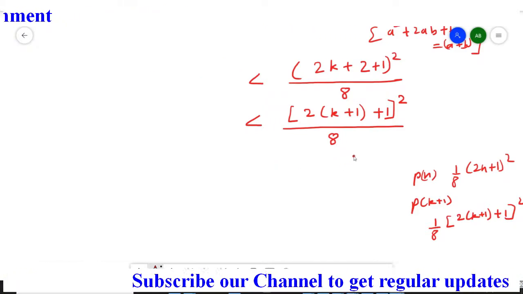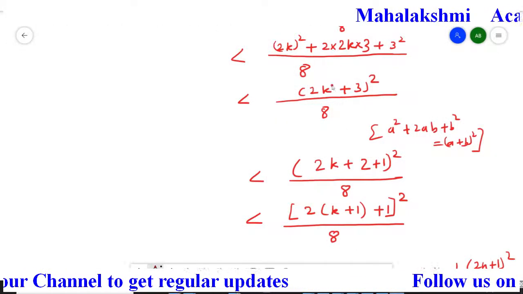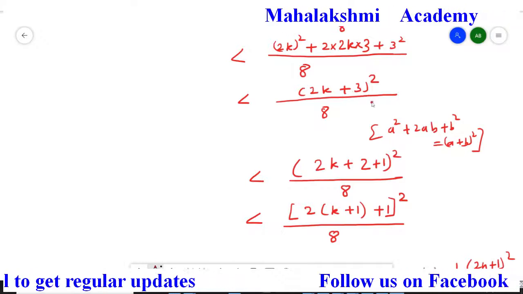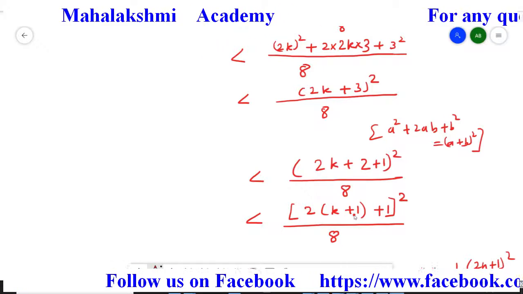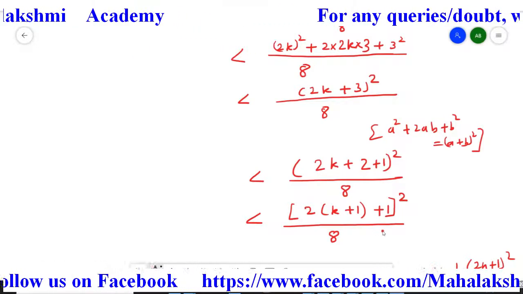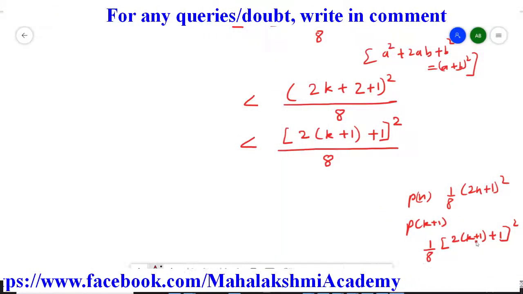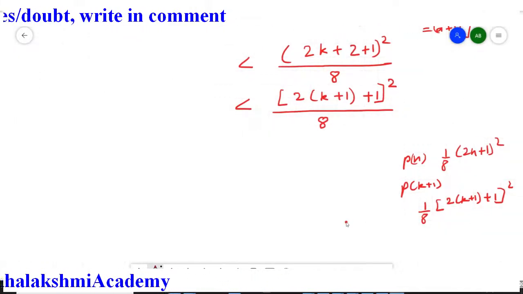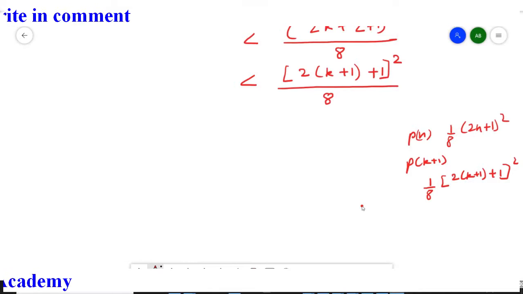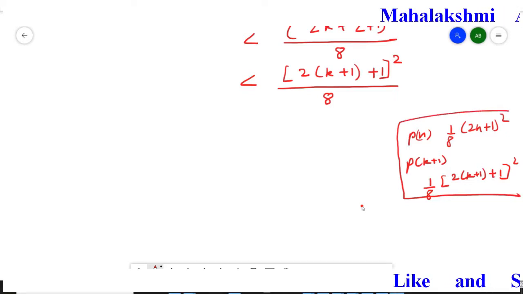So to convert the right hand side in the same format, first I opened the brackets and then I converted the numerator in the form of a plus b whole square, and then further 3 we split it as 2 plus 1 so that we can take 2 common and we can bring, anyhow, here in the bracket k plus 1. So what we found is that P(k plus 1)'s right hand side we successfully converted in the same format of P(n)'s right hand side. That's why P(k plus 1) statement is true when P(k) statement is true. So that concluding statement we have to write down now. This is only to explain to you, not to write in the solution.